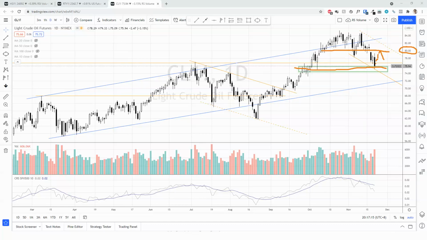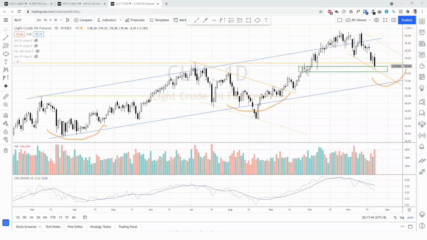If that happens, I wouldn't be surprised if there is a similar movement like the previous reaction here, and then it's sort of like traveling within this down channel. So there's a down channel here, until we probably hit the demand here, the demand line of the up channel. So that will be quite a nice analog to have.